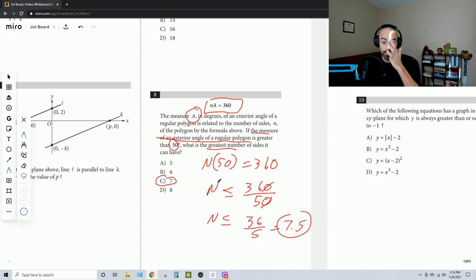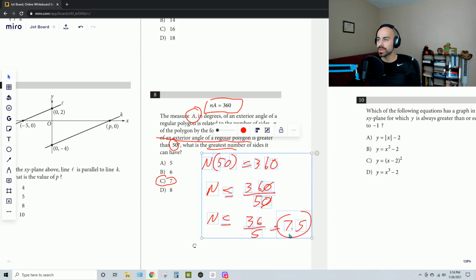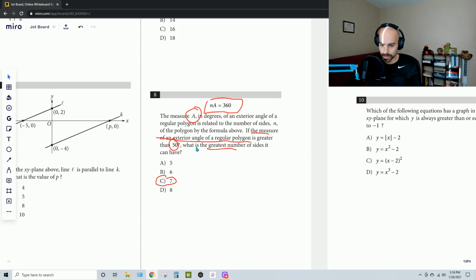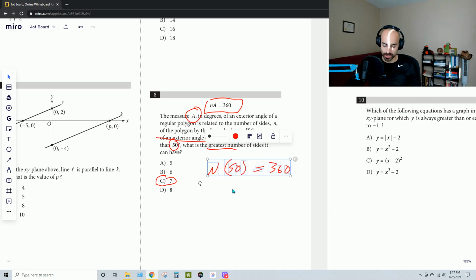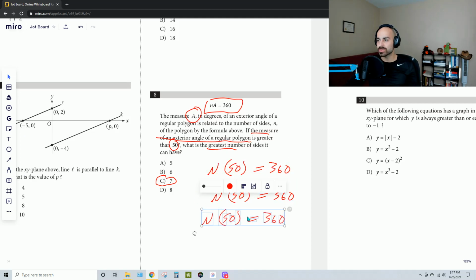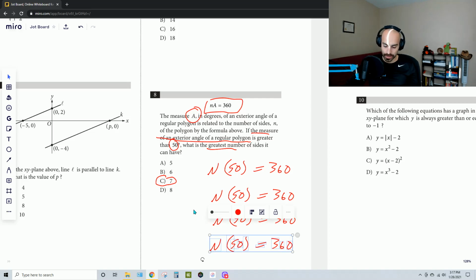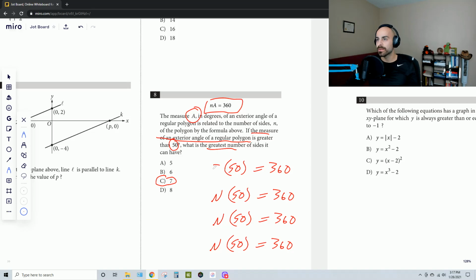Alternatively, you can plug in these answer choices and see which one gives you a number that doesn't go over 360. And what I mean by that is if we know that n times A has to equal 360, and we know that A is 50, we can now rewrite this as n times 50 equals 360, and then you can just plug in the answer choices that you have. So just for the sake of this video, to be quicker, since this takes time, I'm going to replace all these n's with the answer choices that they give us: 5,